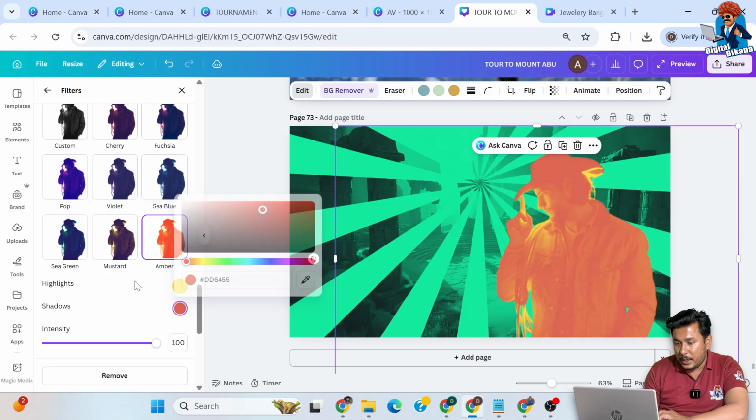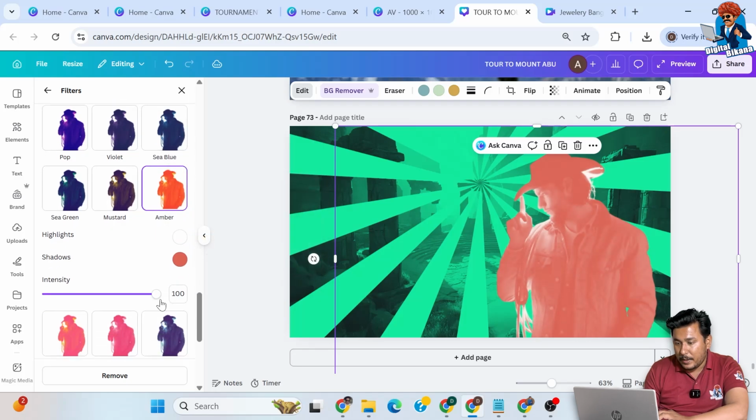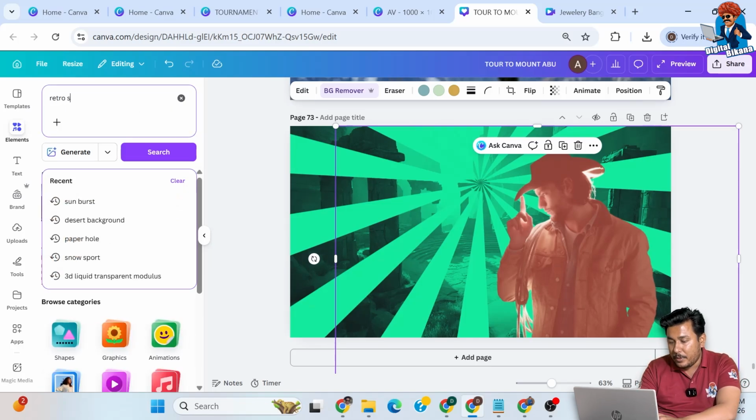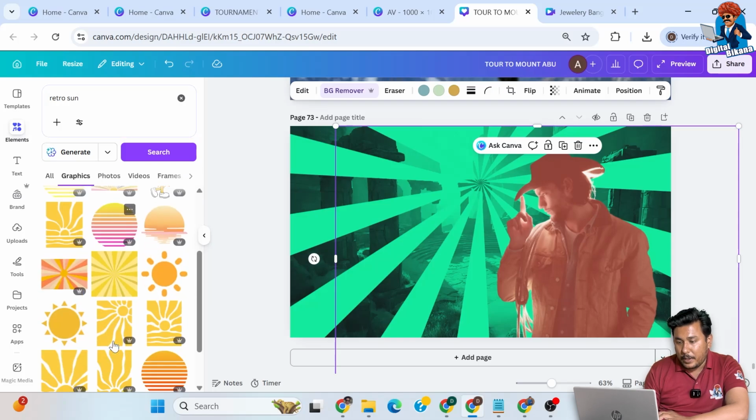Shadows are nice. Highlights we can make white and reduce the intensity, right? Going to elements, search for retro sun, go to graphics,